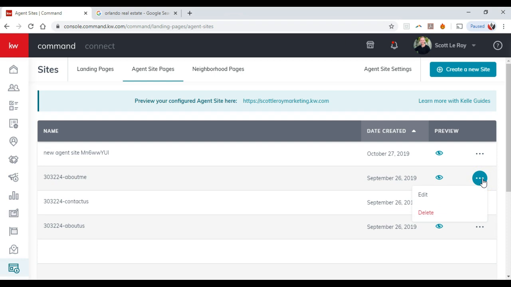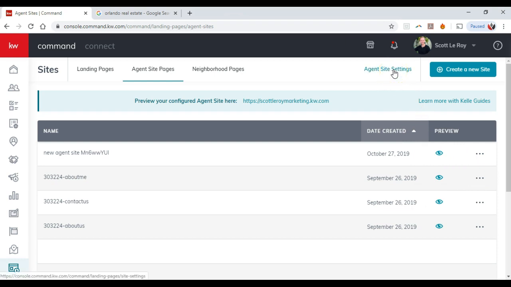All right, so if you want to get rid of that company page, for instance, like maybe you don't really have a team or anything of that sort, or you don't want to spotlight Keller Williams, whatever it might be, or you just don't know what to put inside there for the time being, you can always delete it too. All right, but if you click on Agent Site Settings at the top right up here, though,